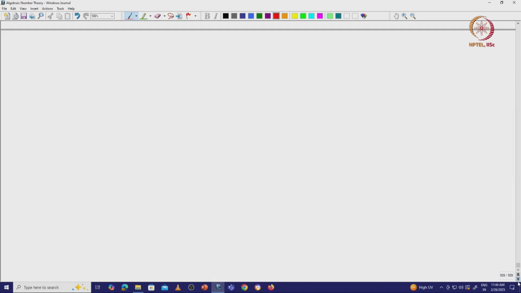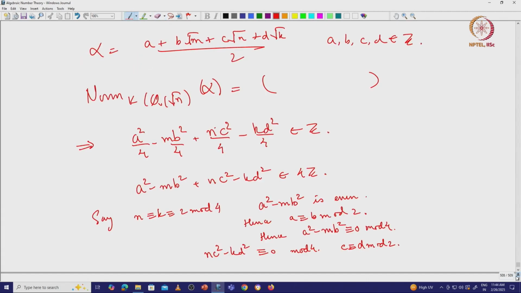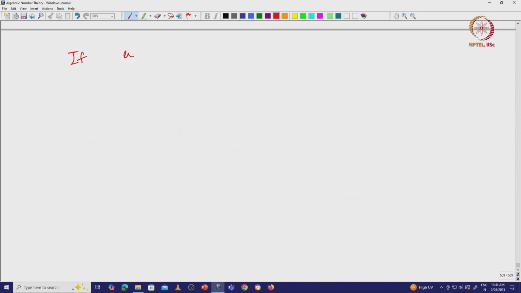So, in any case, let me say that if a is not congruent to b mod 2, then a square minus m b square is congruent to a square minus b square mod 4, which is congruent to plus or minus 1 mod 4, right. So, one of them has to be even, the other one has to be odd,